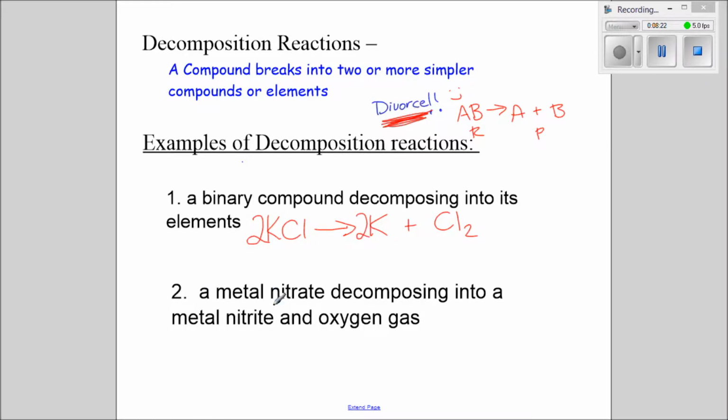The next one to remember is anything with a nitrate, so an ionic compound with a nitrate. We would do KNO3, picking potassium again, with positive and negative charges all balanced out. It decomposes, a big thing breaking down into a metal nitrite. So I put my K and then my nitrite, which is just NO2, and I have oxygen left over. The next trick is just to balance it, but that is an example of this type of reaction. If we look at the balancing here, I just put a 2 and a 2, and it's all balanced out, and that's what that looks like.